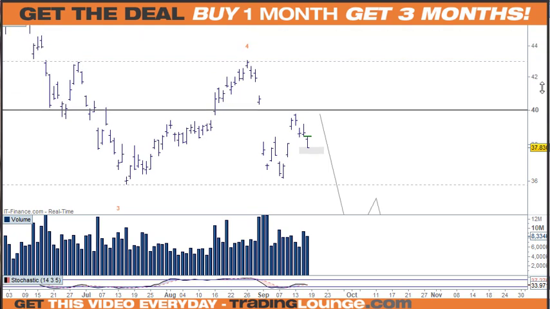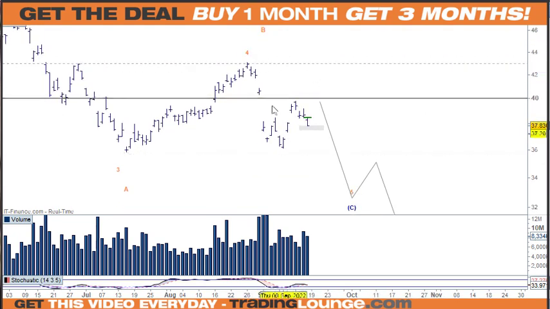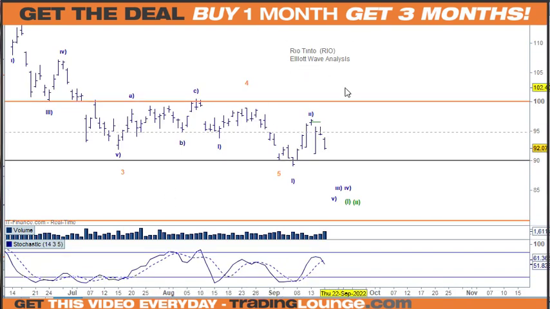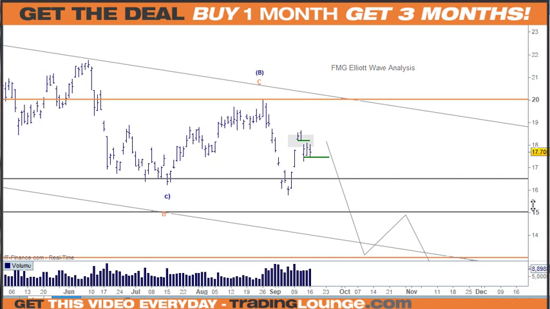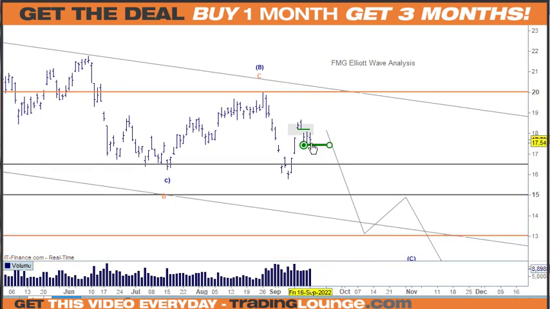But yeah, the general consensus based on this is that if this had moved down and made a new low here, then we could have called that wave C or something in here. But because it hasn't done that, we need to consider that we've got more to come down here for BHP. And RIO's moved down, and it's moved down on stronger volume, so we're sort of okay at that point. But once again, that's also going to find some support where it is a little bit lower. And FMG hasn't really moved much. It had more volume, but it did close up off its low there.